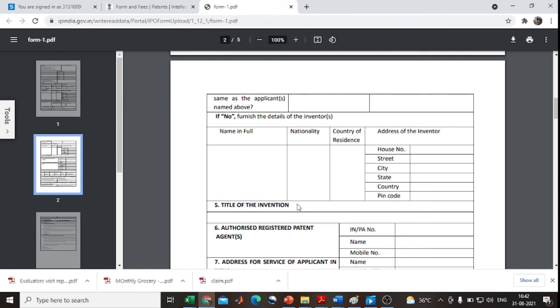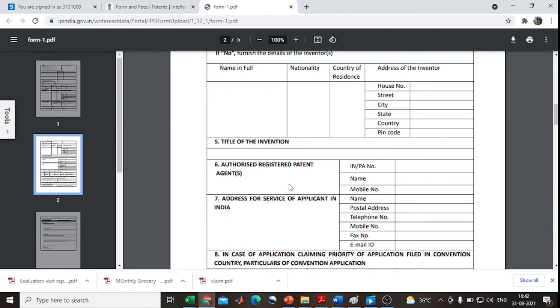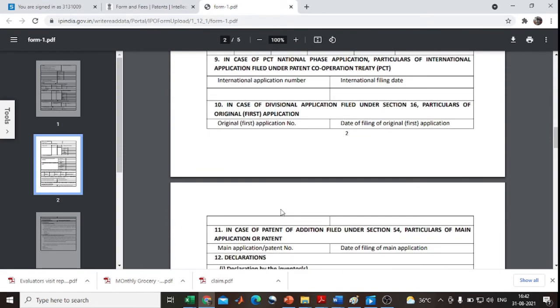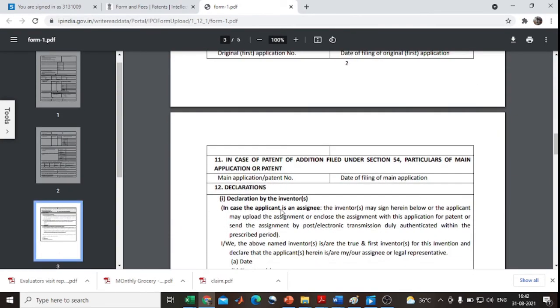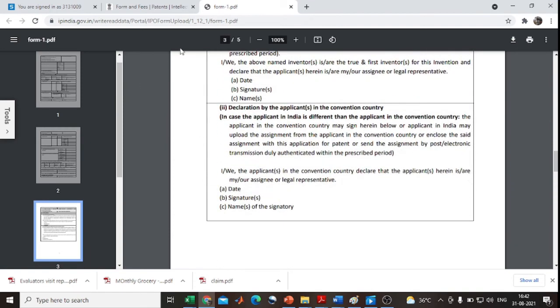After that, you may mention the title of the invention here. After that, the authorized registered patent agent. After that, you may prescribe the address for service of the applicant in India. Likewise, you may fill in form 1 in the patent office document.